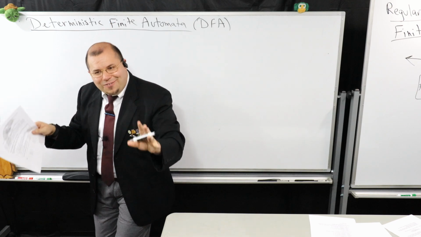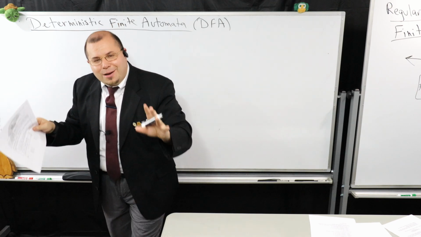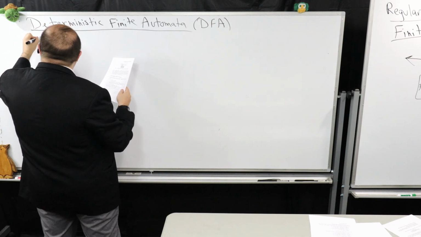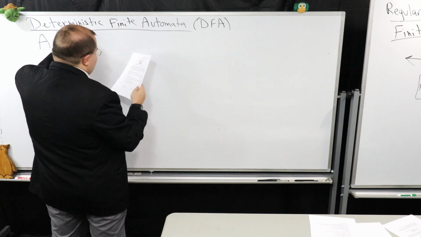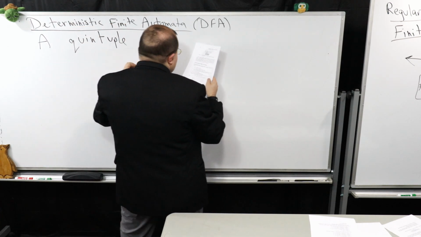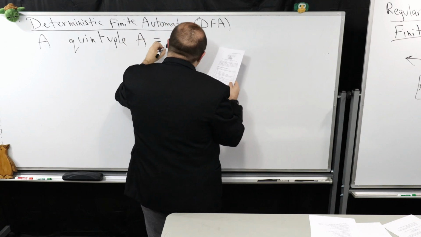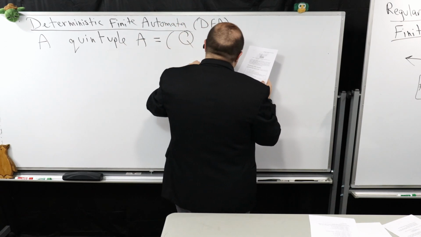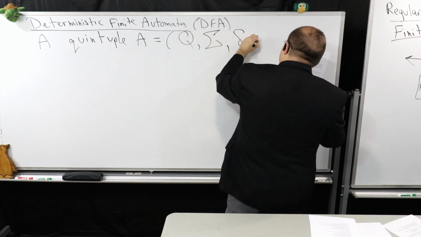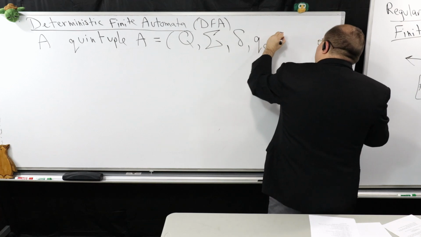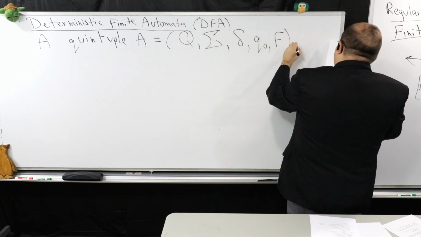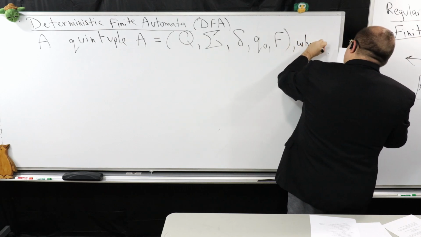So I'm going to present this definition. Don't feel intimidated by it. I just warn you, at first it'll look intimidating. But it's okay. So it's going to be a quintuple, so that means it's a 5-tuple. It has Q, sigma, delta, Q0, and F. See, I said it was going to look a little bit daunting at first. Where